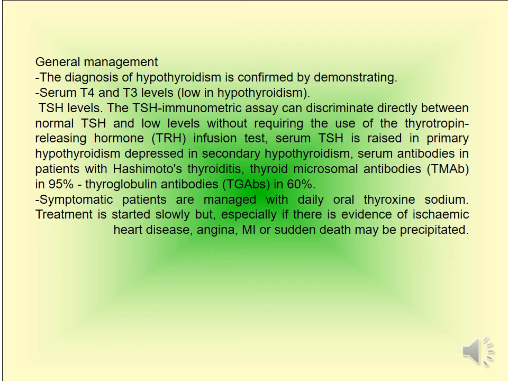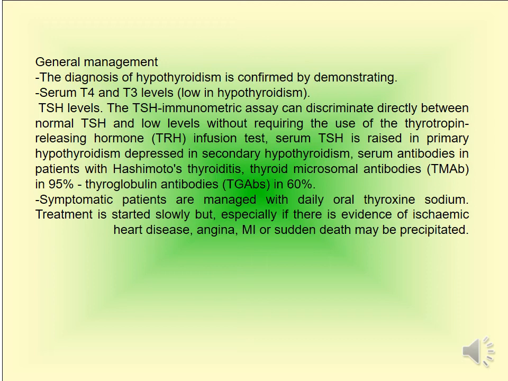How do we manage hypothyroidism? First, the diagnosis of hypothyroidism is confirmed by demonstrating low serum T4 and T3 levels. The TSH immunometric assay can discriminate directly between normal TSH and low levels without requiring the use of a thyrotropin-releasing hormone infusion test. Serum TSH is raised in primary hypothyroidism and depressed in secondary hypothyroidism. Serum antibodies in patients with Hashimoto thyroiditis: thyroid microsomal antibodies in 95%,